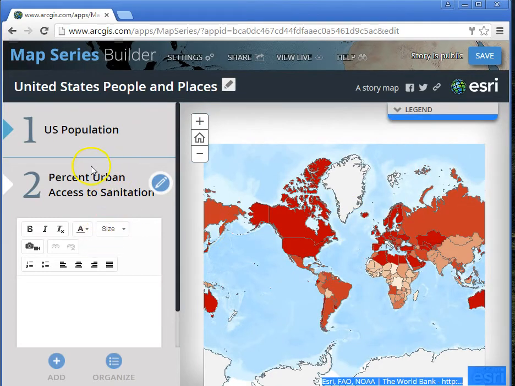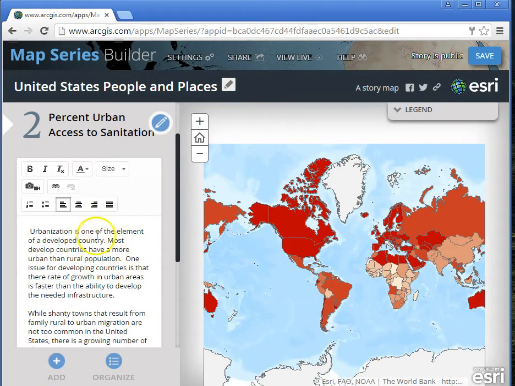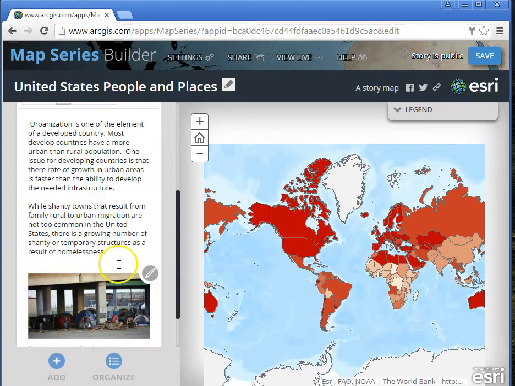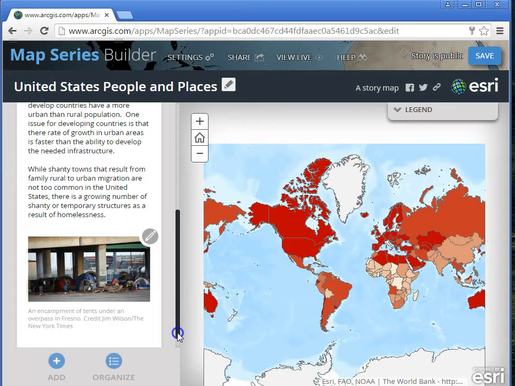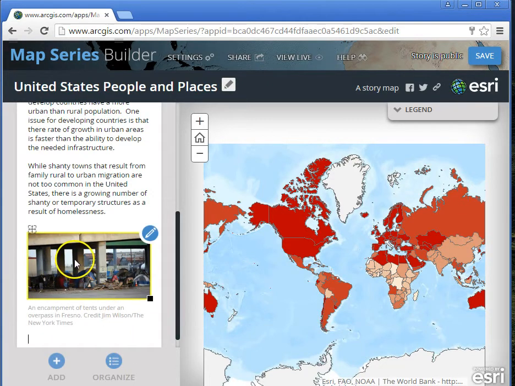So in this section, I might talk about urbanization and whether there are any urban places in the United States. Then I could maybe even, if there were an area that we might call a shanty town or a slum in the U.S., add a web image from that. So I wrote in some text about urbanization and some of the homeless issues in the U.S. I have an image showing some of the common tent cities with a caption. And then I want to be able to link to the website that I used,